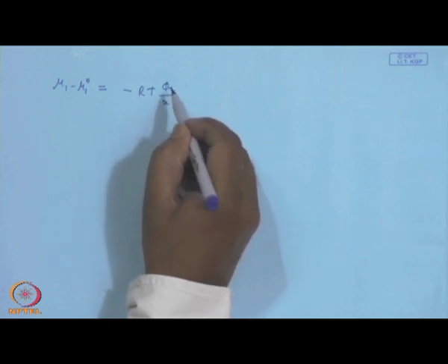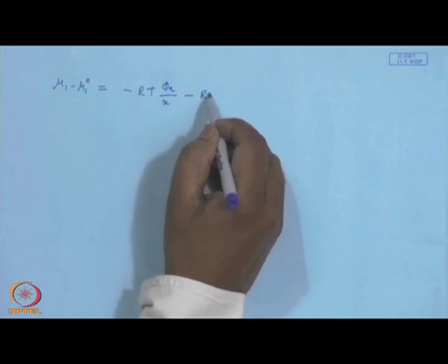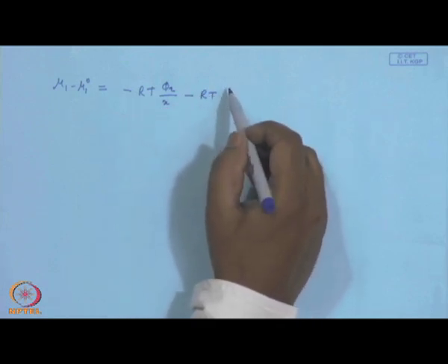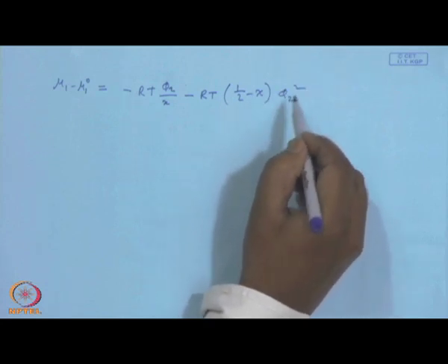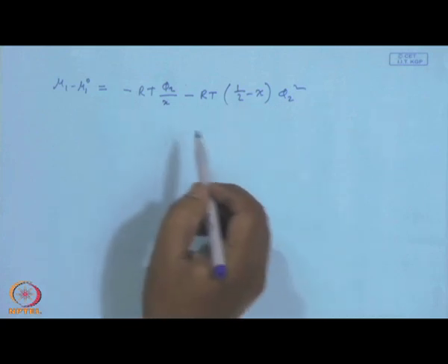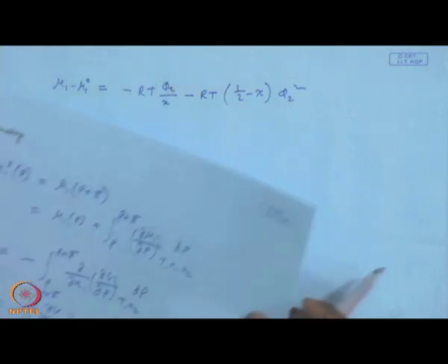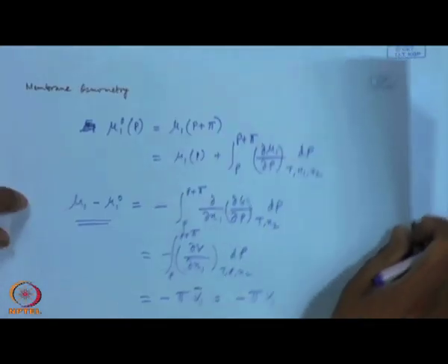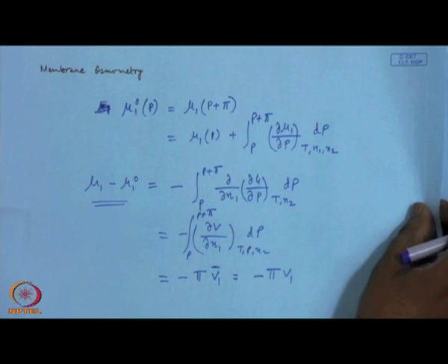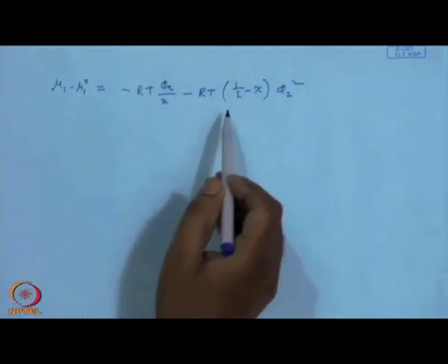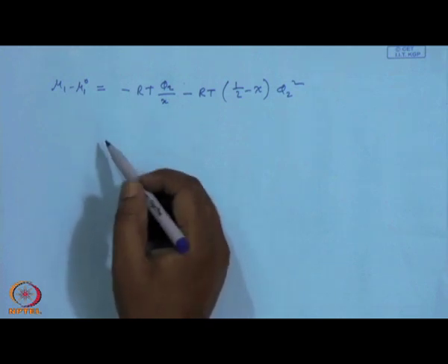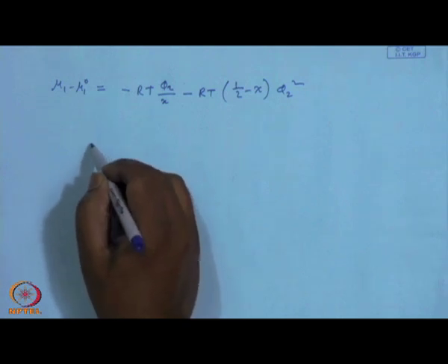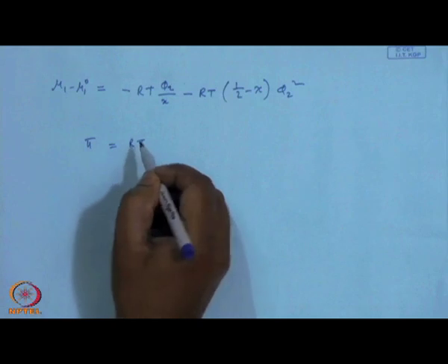Phi 2 is the volume fraction of the solvent molecules, x is the number of segments of the polymer molecules, and so on. So, if you compare these two expressions, the one we already wrote on this page and the expression which we know from the Flory-Huggins equation, we can write pi is R T